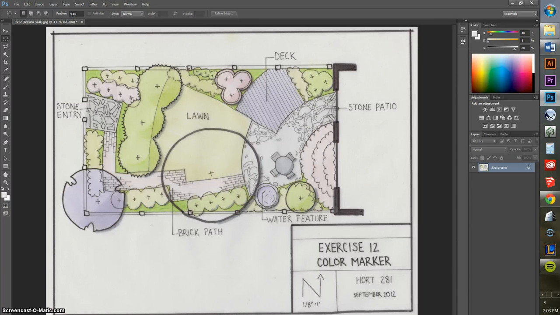In this tutorial, we're going to be learning how to edit a color drawing in Adobe Photoshop. So this is a scanned in, hand-drawn and hand-rendered landscape plan. And basically what I want to do with this plan is I want to only bring in the landscape plan